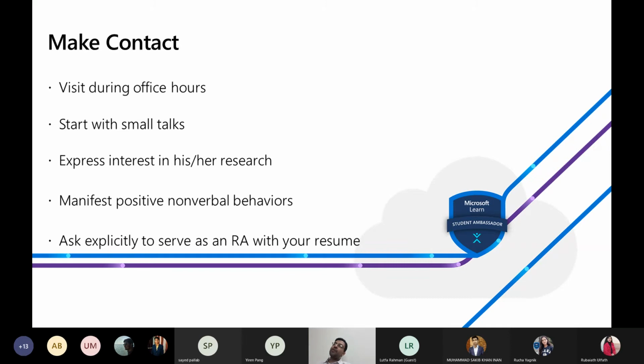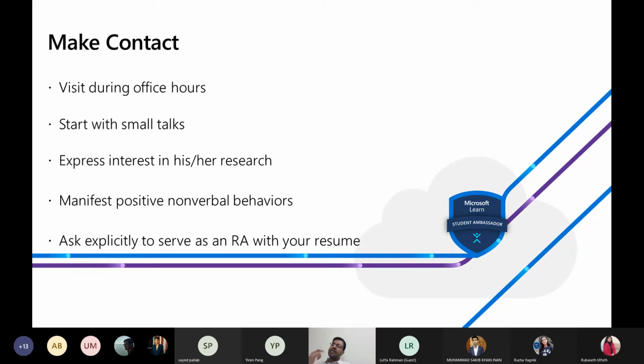Do not just go to his office and start talking about his research. There is a way to do that, and be specific. Do not just say that you are working on machine learning, I am also interested in machine learning. That's it. No, it's not a good idea. Be specific. Refer to his or her recent articles. In that way, that potential supervisor will know that you have done your homework. You have not just dropped in his office asking for opportunities.